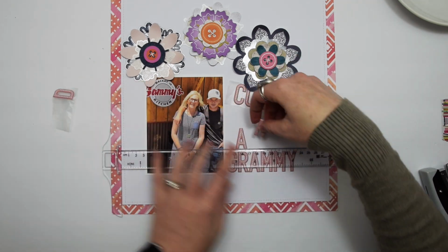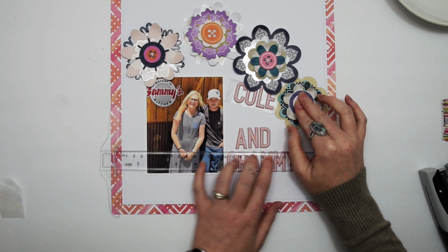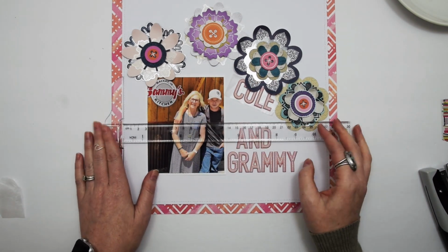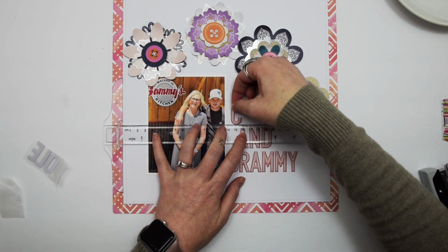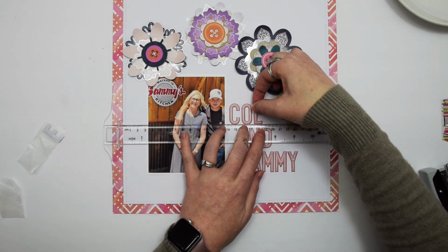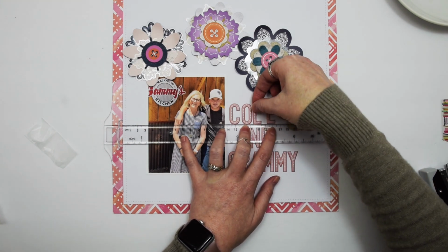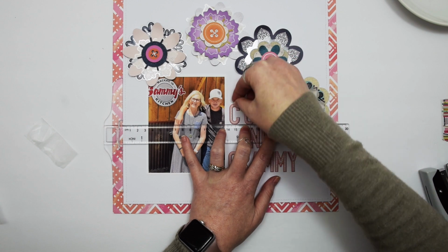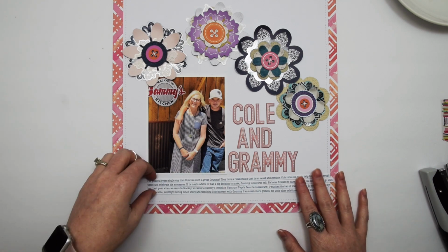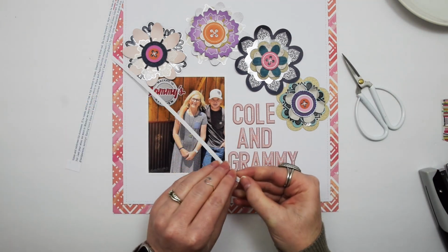I think this is layout 6 or 7 maybe that I have made with these kits, and so I'm kind of getting down to where I've got just bits and pieces left, and I want to use as many letter stickers as possible. So initially I thought I'd just put one word, maybe the word Grammy, but it ended up working out well to have that longer title, and I was thrilled to use up some more of those letter stickers. So I used my T-square ruler there to make sure that I have those letter stickers straight,